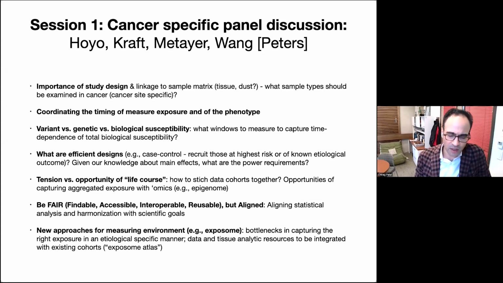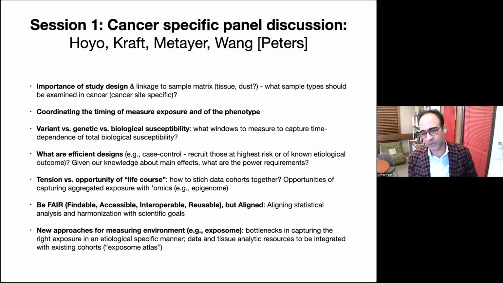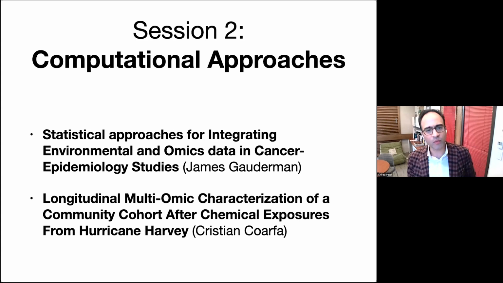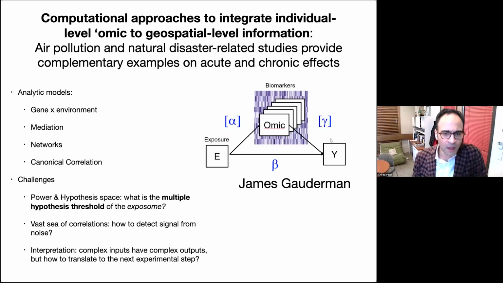And there are new measurements, ways of measuring the environment or the exposome. So how do we capture it, the right exposure at the right time, and develop these tools to integrate across existing cohorts? In session 2, we talked about computational approaches, so statistical approaches for integrating omics data. A great talk by Dr. Gotterman about the basics of data substrates that we have to do these mappings, and then a real world example that looks at a natural disaster, Hurricane Harvey, looking at these things that could happen acutely and chronically over time. So this fundamental thing is you have an exposure, you have biomarkers that might